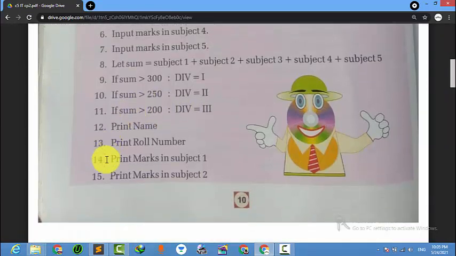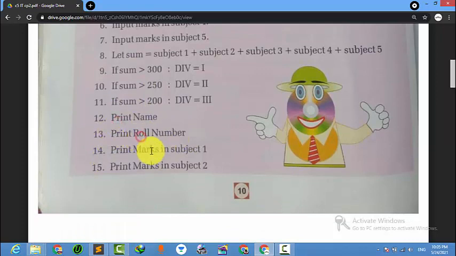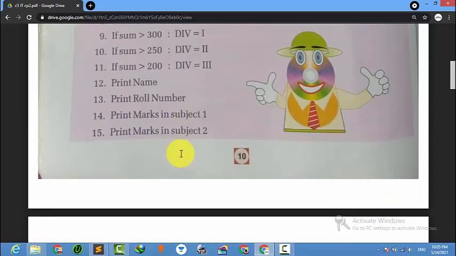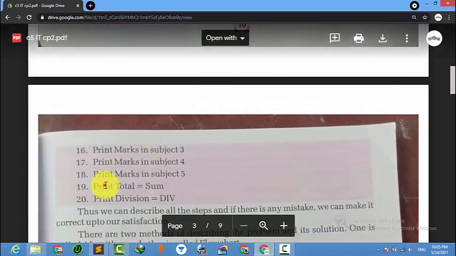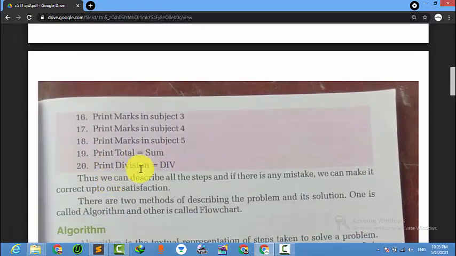Then the third step, the 12th step, will be to print his name, roll number, and marks obtained, print the total marks, then print the division.